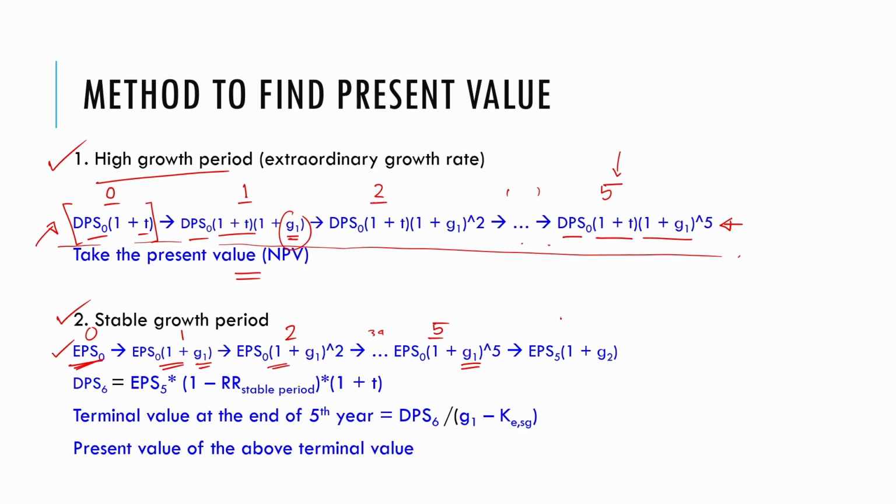But when we project it in the 6th year, that means from year 5 to year 6, then we will use the EPS 5 value. That means what is EPS 5? This is your EPS 5 value. Then only we will use the G2 figure. So from year 5 to year 6, we will use the stable growth rate, that means G2. That way we will calculate the EPS 6. So this is your EPS 6. Once the EPS 6 is calculated, calculate the DPS 6. This will be EPS 6 here,